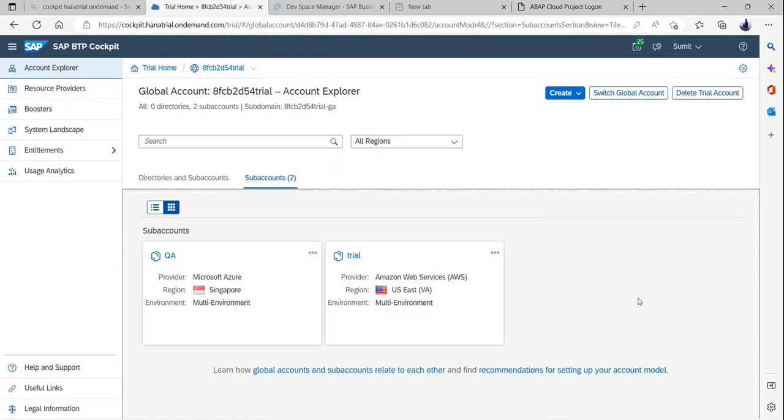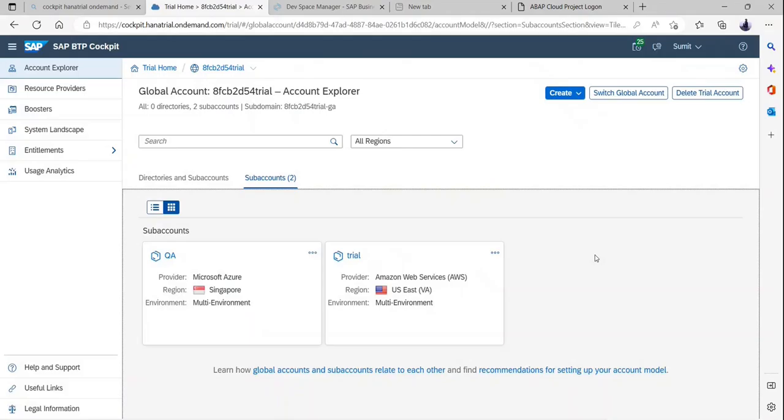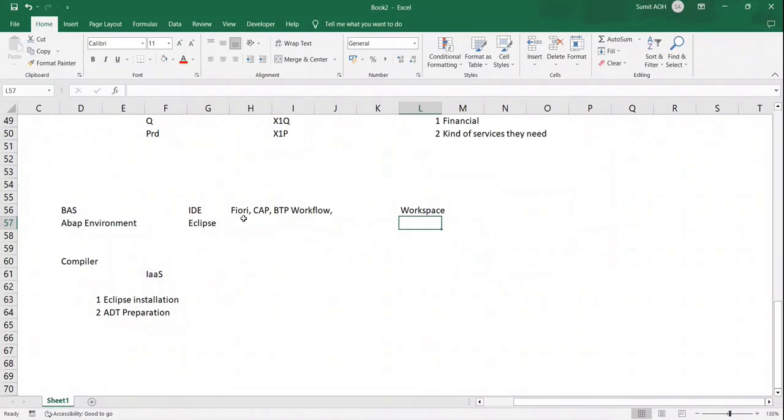Okay, another question is, can we use Visual Studio Code for this development? Because I think we are using Eclipse as the GUI. For VS Code, for RAP relevant development, no, you won't be able to. For CAP relevant development and for UI5, definitely you can go with VS Code because it has all the relevant plugins that you need. For RAP, as per what I know, VS Code does not have relevant plugins available till now